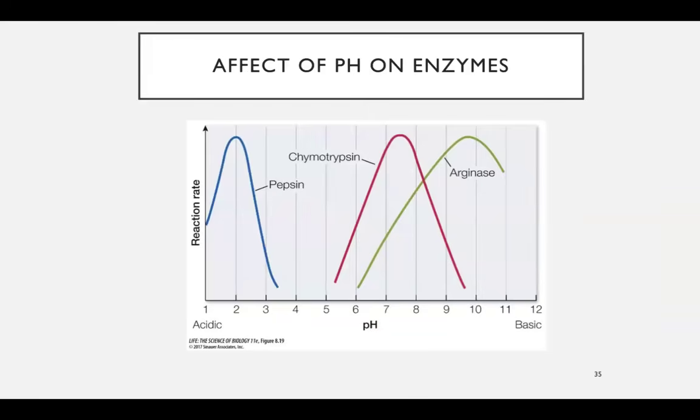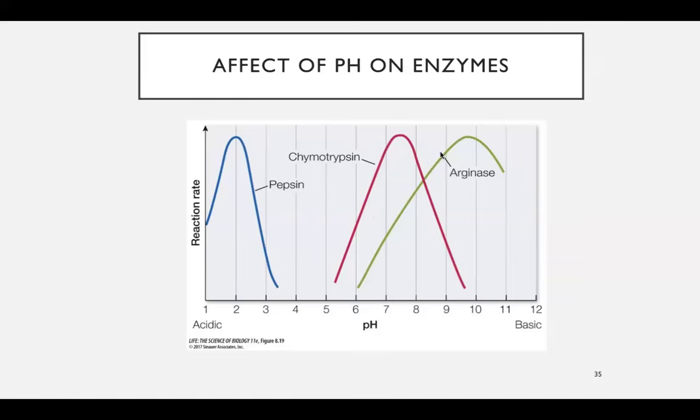Then the last two regulators are pH and temperature. pH can change the charges of the carboxyl and amino groups of the amino acids, which affects the interactions of the amino acids with the environment and helps change the structure of the protein. As you see here, each enzyme is properly active at a particular pH. For example, pepsin is extremely active at a pH of 2, which is extremely acidic. Pepsin is commonly found in your stomach because it helps break down proteins in the food you eat. Your stomach obviously has a lot of acid, so pepsin works best there.